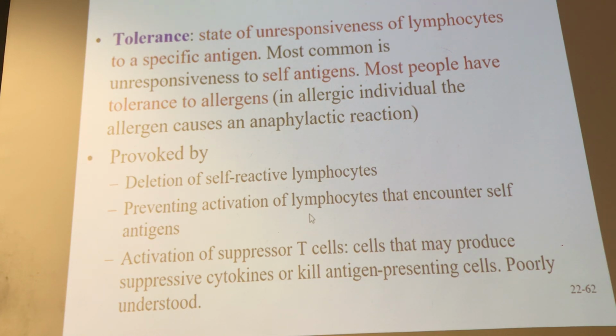So number one, if we have a lymphocyte that recognizes our host epitope, it gets killed, right? If it encounters it and starts to attack it, it gets killed. So that way we make sure that we don't have lymphocytes that recognize something